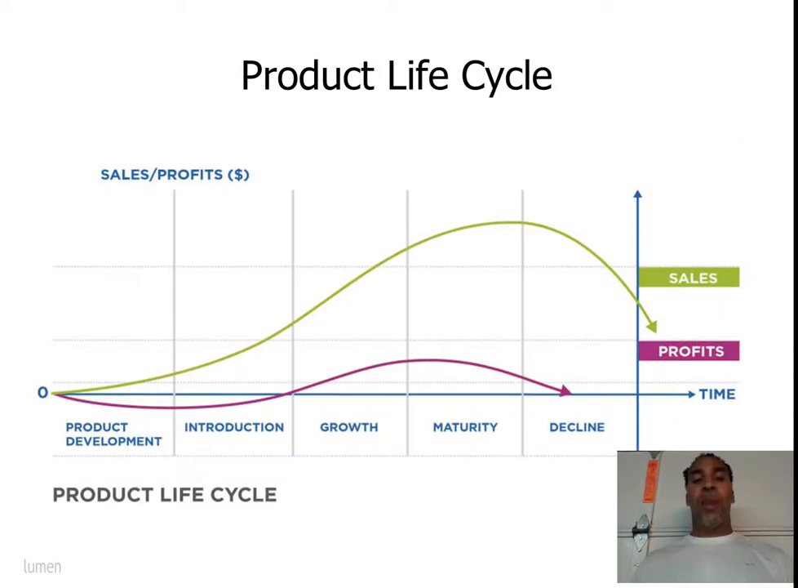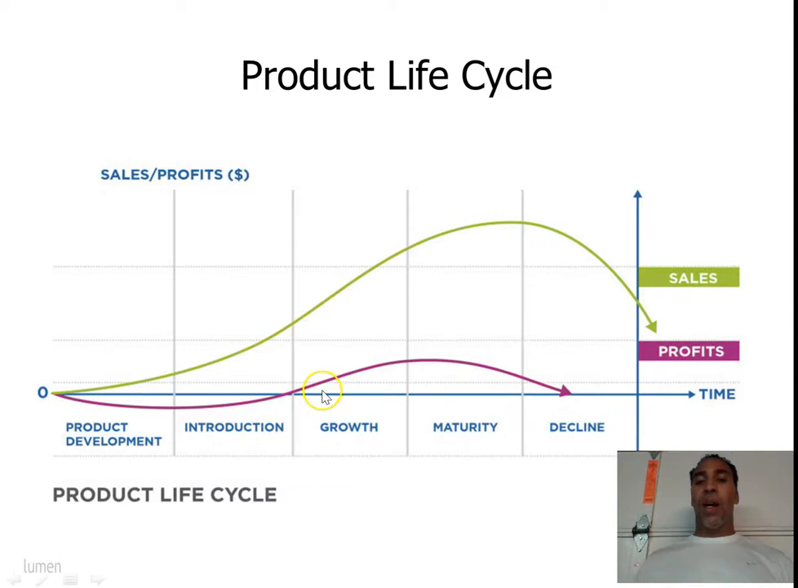Product life cycle. If you're not familiar with it, press pause on this one and look at how the life cycle goes. And this is very, very normal. You look at the purple line, this one's going to be profits right here. This one is going to be sales. So at product development, profit and sales are very low. At introduction, sales increase, but profits still stay down here because you have a lot of money to make